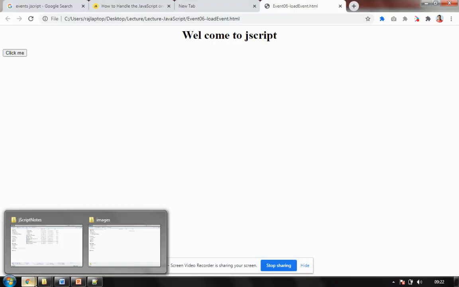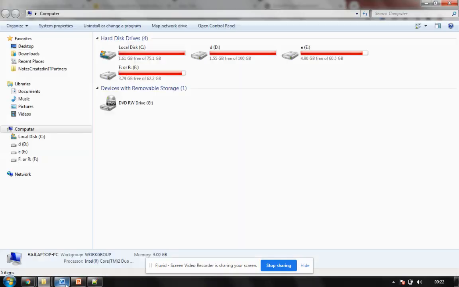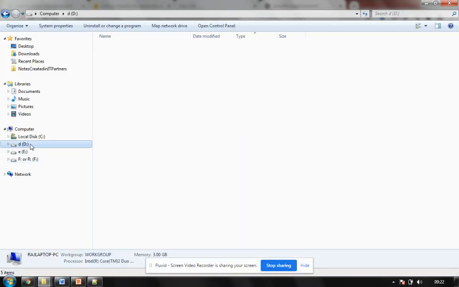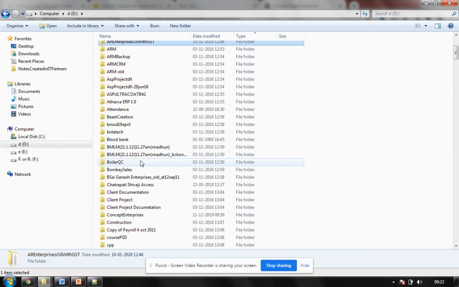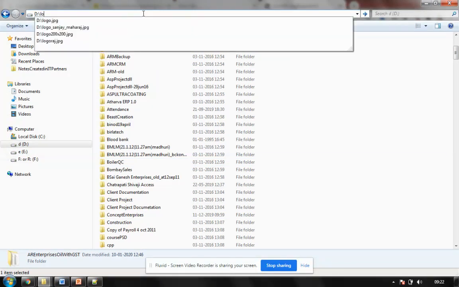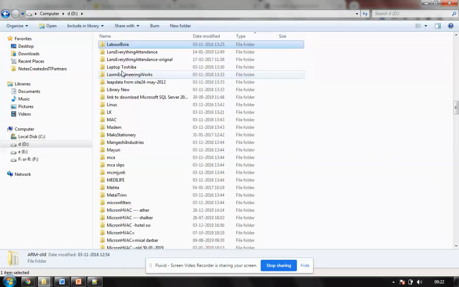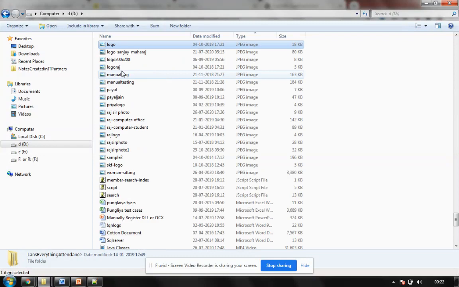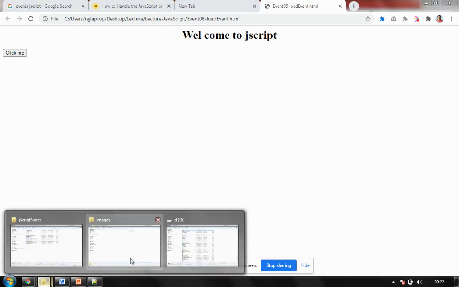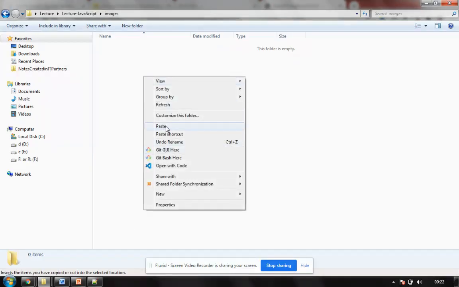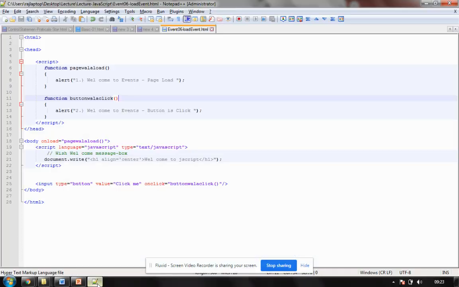I select those logos from my root directory. You can choose the picture you want. I think this is the company logo. I copied it. I went to my root directory where the images are stored, and first I want to display this image.